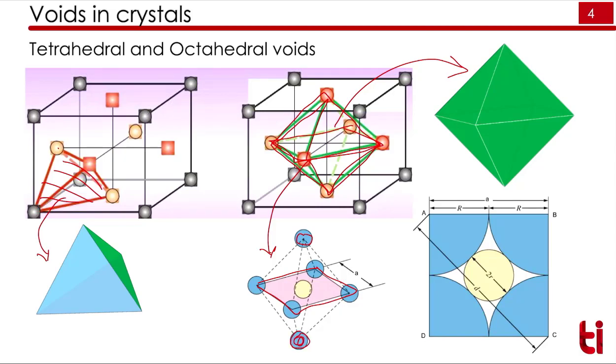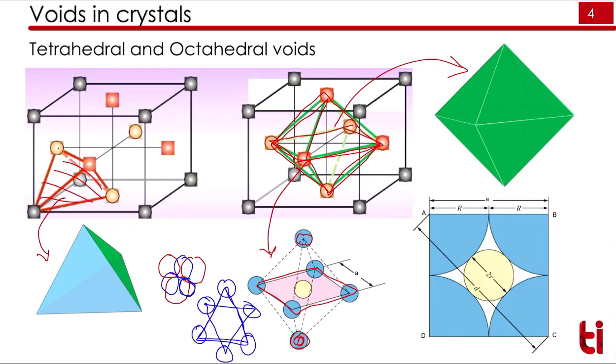4 atoms are in one plane, 1 atom is on the top and 1 atom is on the bottom side. There is one more configuration of the octahedron with coordination number 6. That is, we have 3 atoms in one layer, and we have 3 more atoms in the top layer. So these bottom 3 atoms and these top 3 atoms, these are 6 atoms. If you place an atom in between these, it will touch 6 other atoms. This also has coordination number 6. Geometrically it will look like this: 3 atoms on the bottom side, 3 atoms on the top side.